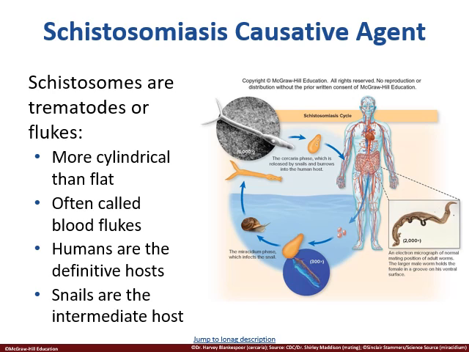Those larvae, that first larval stage, will then go find a snail, some form of arthropod, some form of invertebrate, burrow in and then go through a few larval stages. Then it will burrow out, exit out, still in the water, and then go to a mammal host,